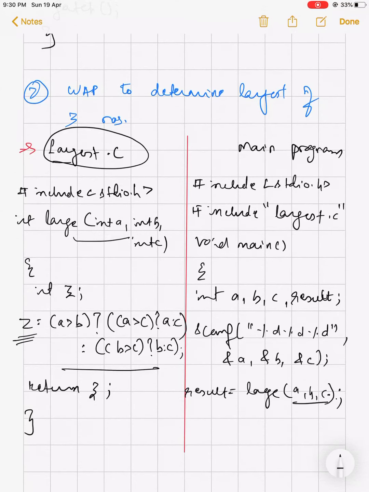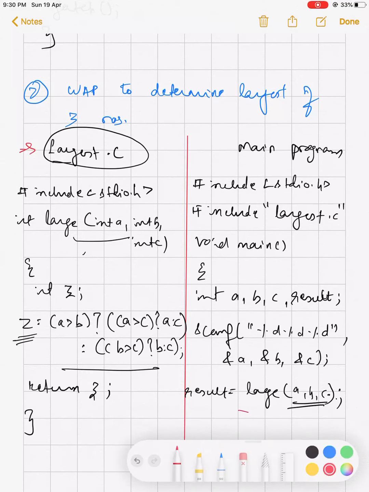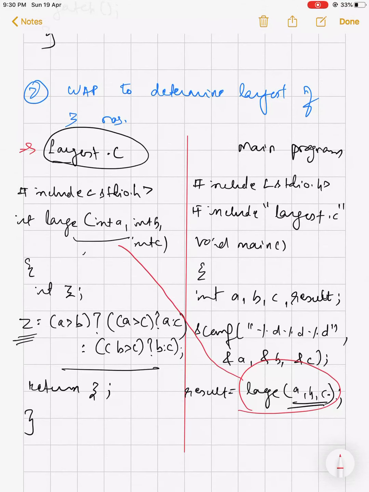Now all these 3 are integer. Now look over here, see, these are integer, compare it with this part, and if this a, b, c are integer and this is also integer, then it will go inside this program and it will undergo this kind of conditions.